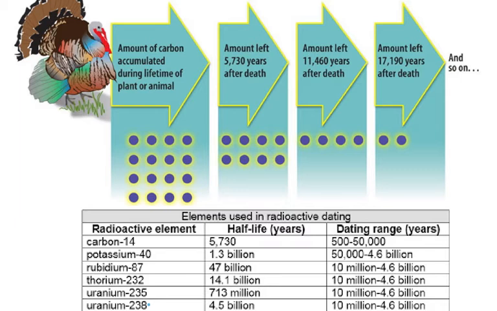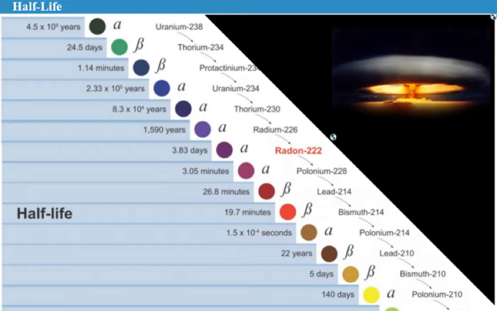So from the table below, you see that carbon-14 has 5,730 years for half-life, and then potassium-40 is 1.3 billion years, and then uranium-238 has 4.5 billion years, just as much as Earth's age. So right now we would have on Earth only 1/2 of the uranium radioactive elements left compared to when Earth was first made. Here in this picture, you see that in 4.5 billion years, uranium goes through many different transitions, and at the end,